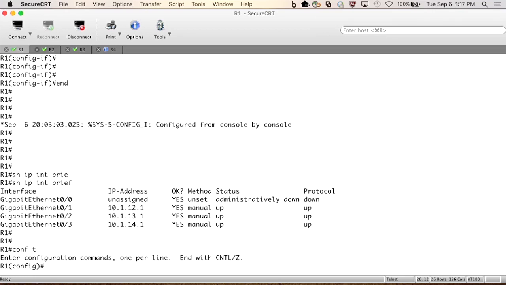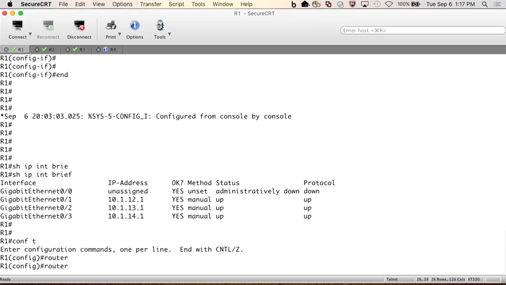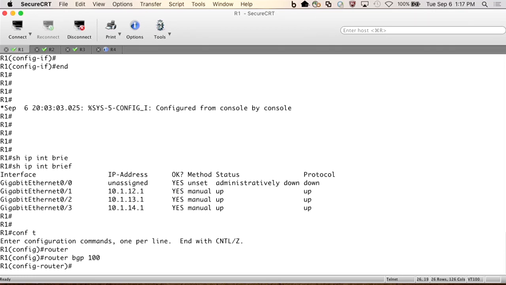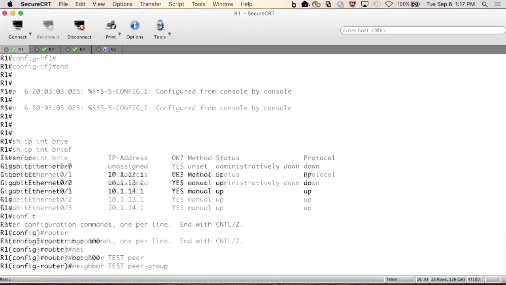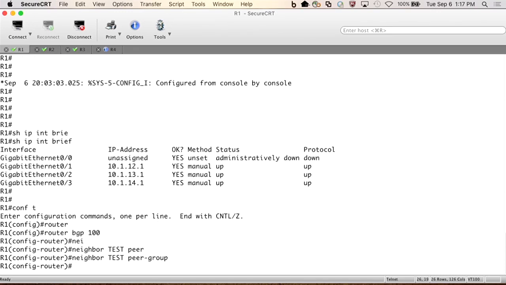We go into the config mode and we say router BGP 100. If you want, you can specify the router ID, but it's not mandatory. Then you define the peer group, neighbor test peer group. Once you have defined the peer group, the next step was to specify the limit of the BGP connections that